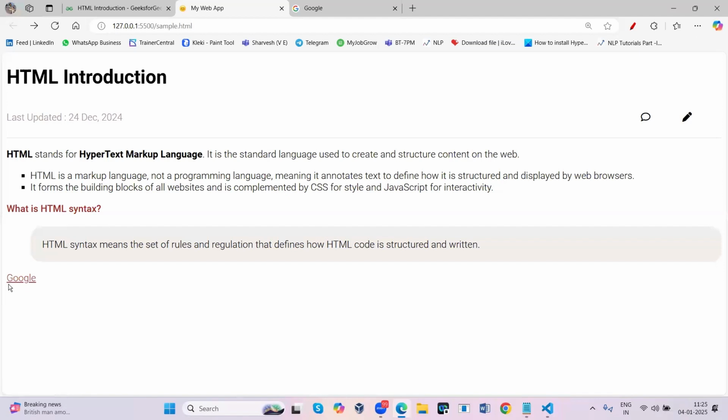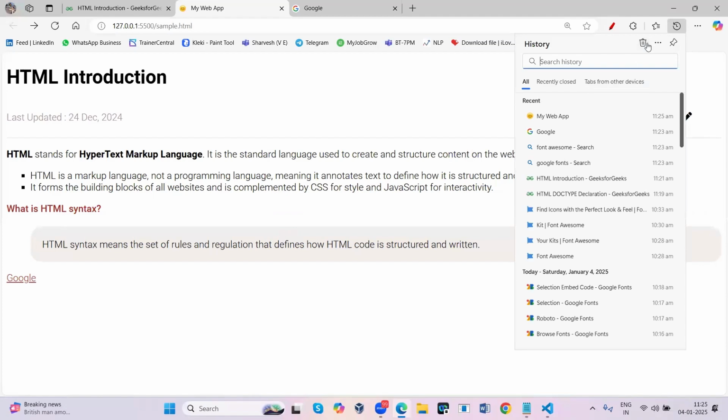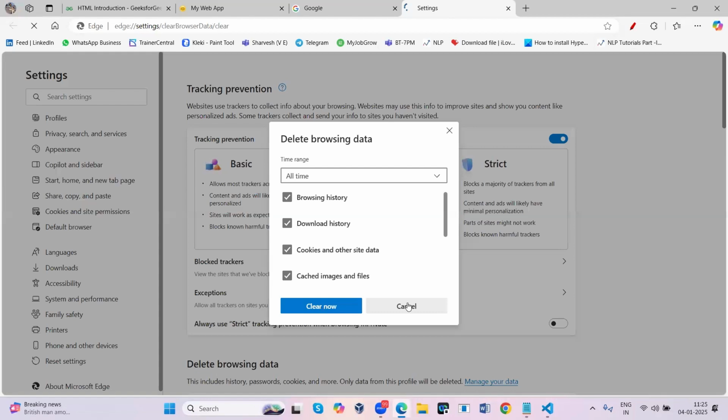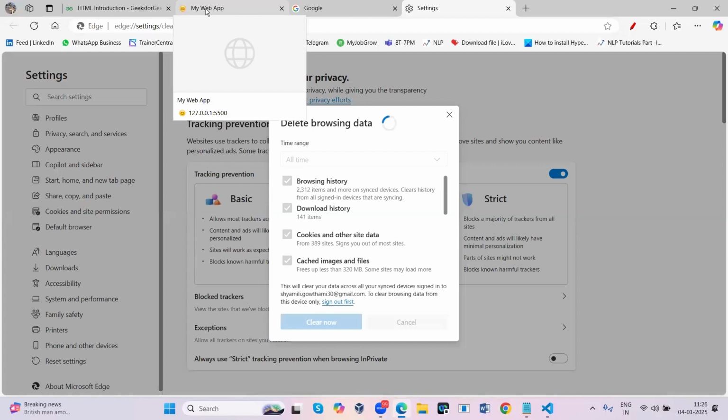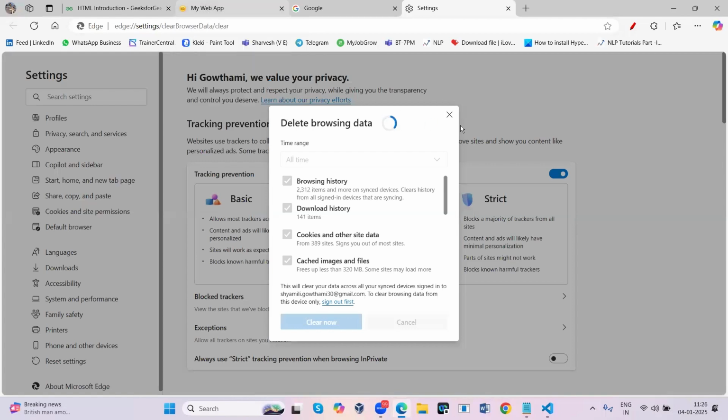Now if I want to come back, what I should do here is delete my history, so that it will say that you didn't visit that link. So I'll clear history so that I'll be opening that link freshly. Once I clear my browsing history, you can see that the link given in my documentation will be unvisited. Okay, so now see, it will take a little while, now it will finish well.